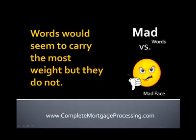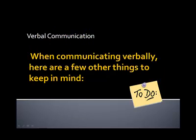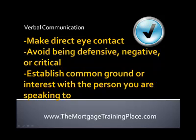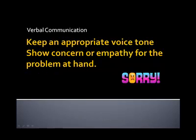When communicating verbally, here are a few other things to keep in mind. Make sure you're showing that you're actively listening. You want to make sure you avoid being defensive, negative, or critical, and establish some sort of common ground or interest with the person that you're speaking to, and make sure you show concern or empathy for the problem that's